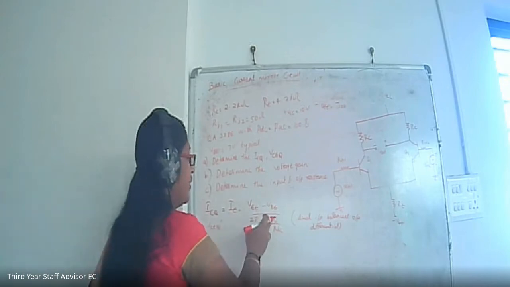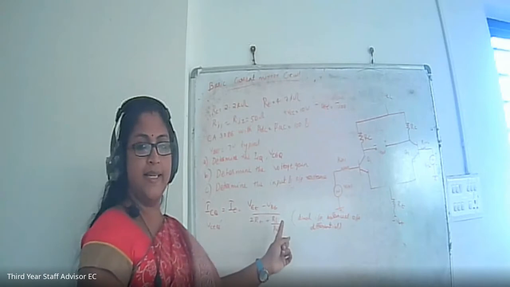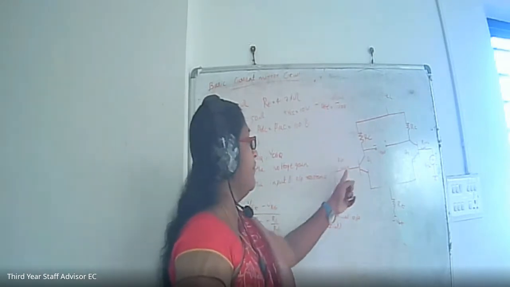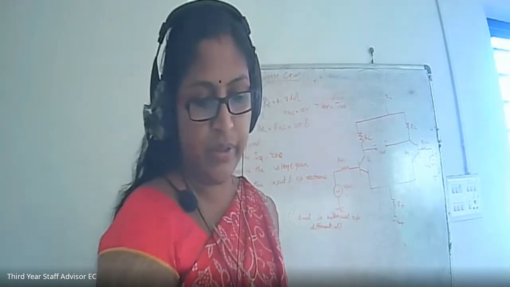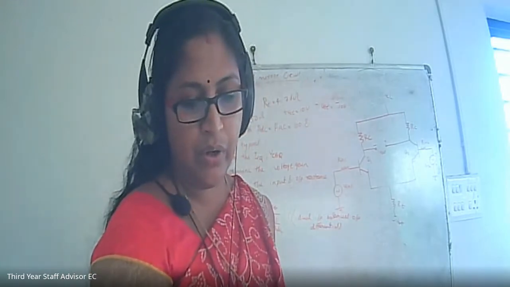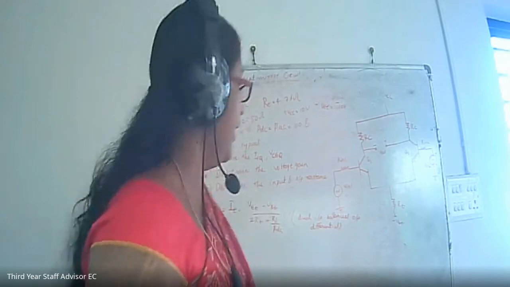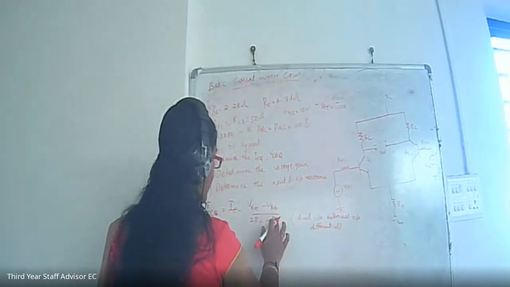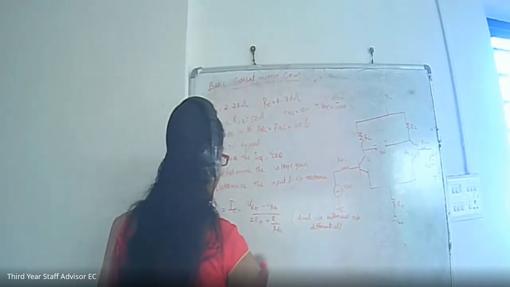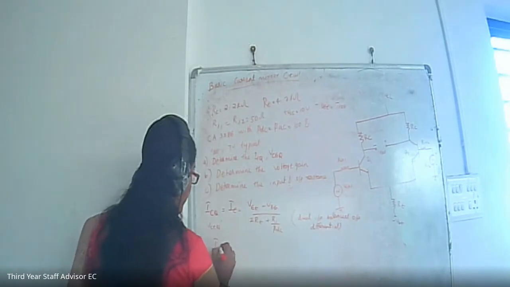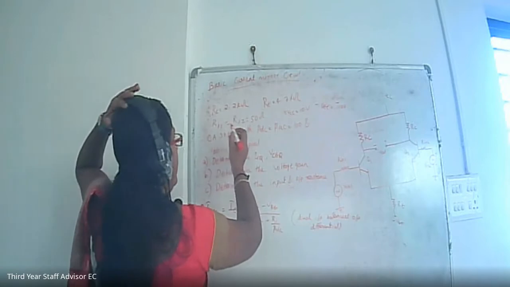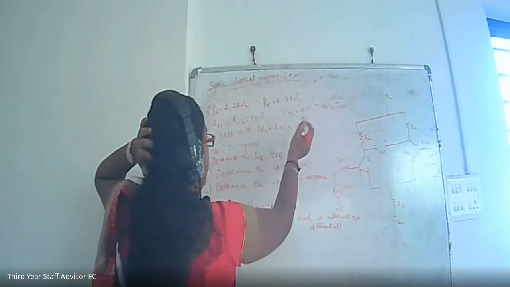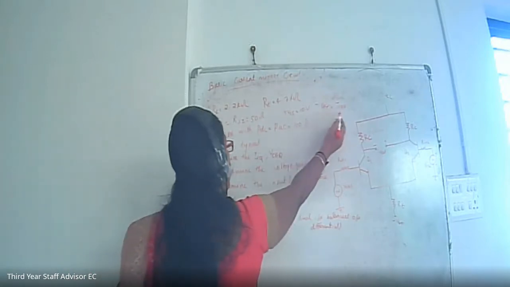Here RS means source resistance, and it is given that Rin1 and Rin2 are both the same, that is Rin1 equal to Rin2 equal to 50 ohm. So you can write this as Ri. Rin1 is Ri. So you can find ICQ. You have to use your calculator. What is VEE? Minus VEE equal to minus 10.